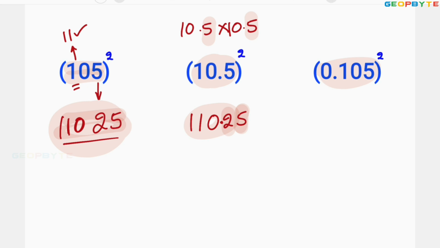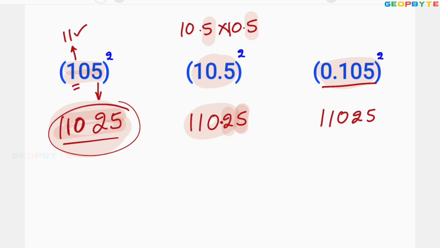Similarly, for the 0.105 whole square also, you take this value 11025. You count how many digits are there after decimal point. 0.105 square can be written as 0.105 into 0.105. 3 digits, 3. 3 plus 3, 6. You make a decimal point after 6 digits. 1, 2, 3, 4, 5. Make 0 decimal point. That is the value of 0.011025 be the value of